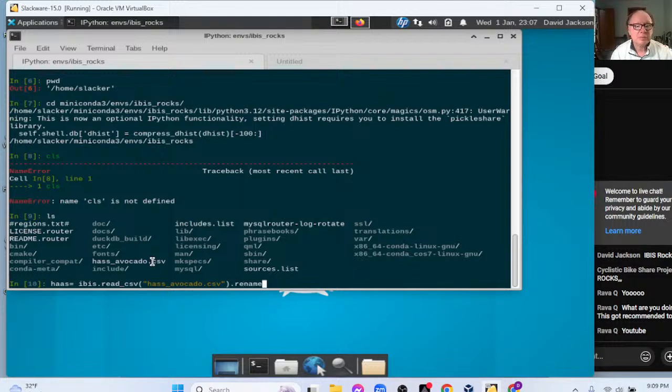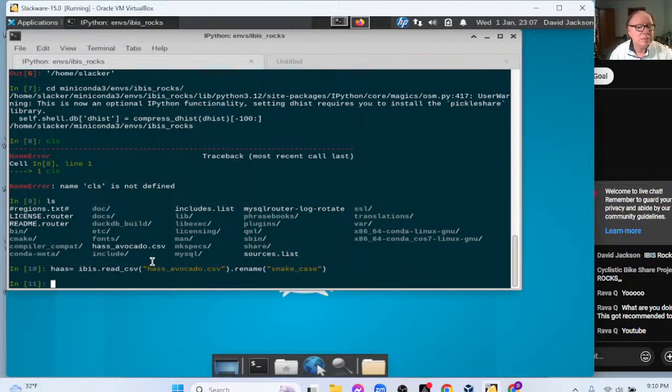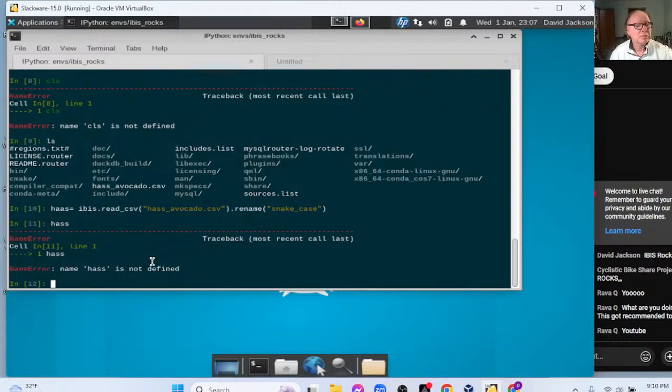Hass. Okay. And the first thing we want to do, we want to fix the names. Rename. We want to use the snake case. Is it snake case? I don't think that's right. Let's see.